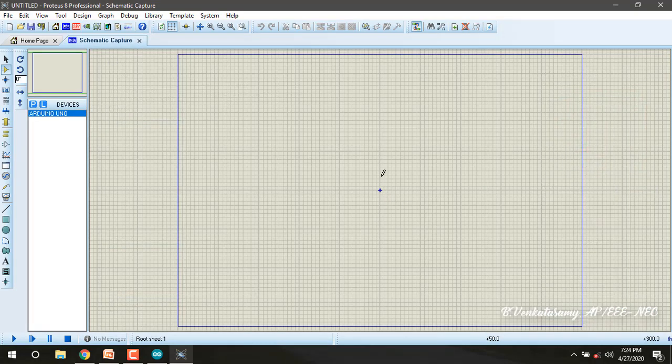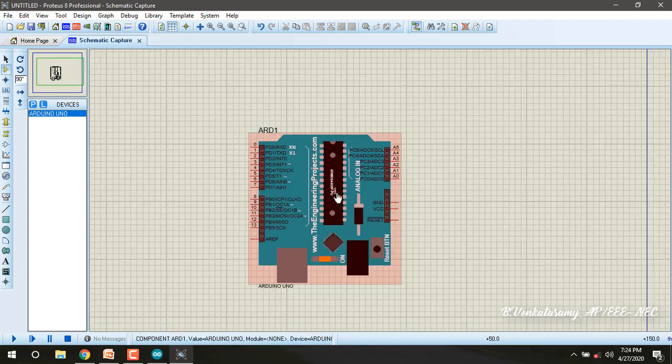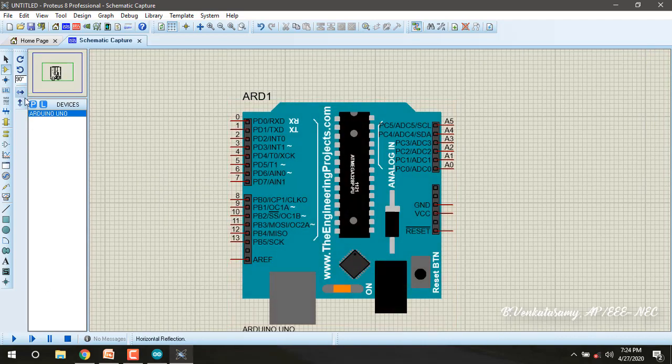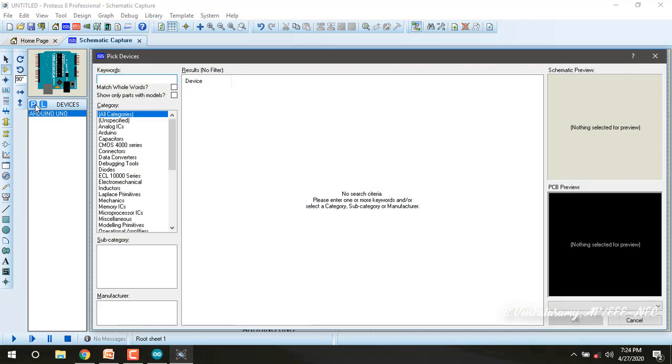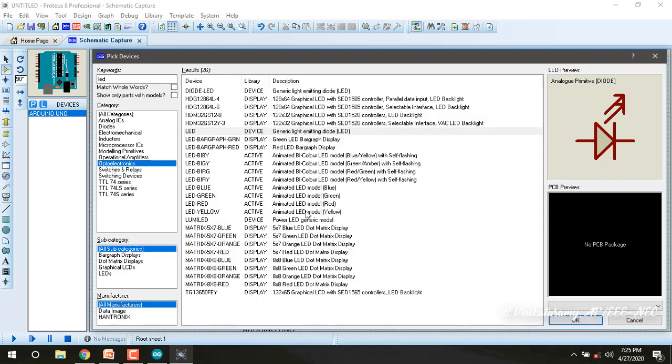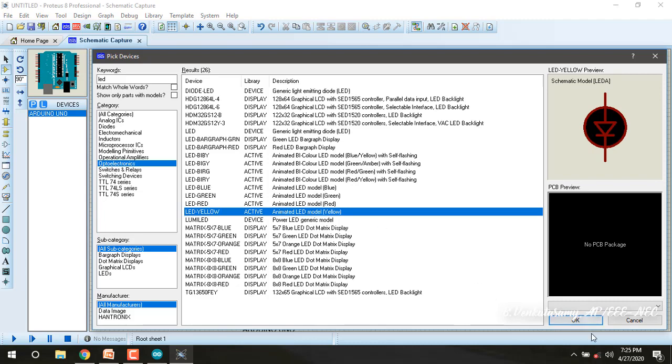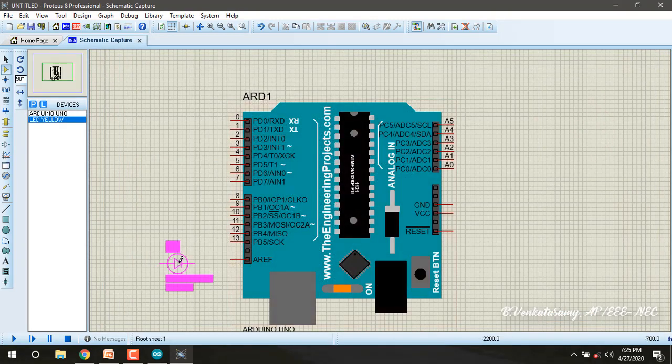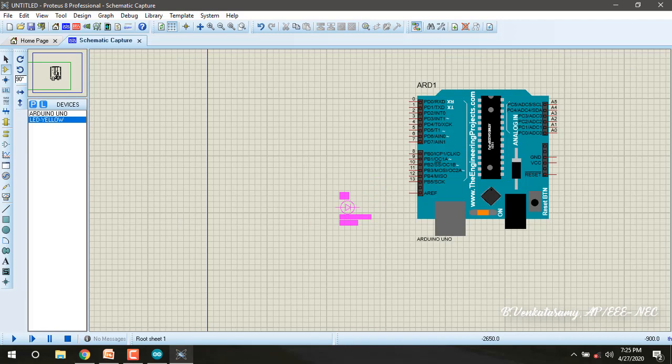Press OK. You can place it here. To rotate, press plus. Now I want an LED. Pick, type LED. Inside optoelectronics, there is animated yellow. To rotate, press the plus key.